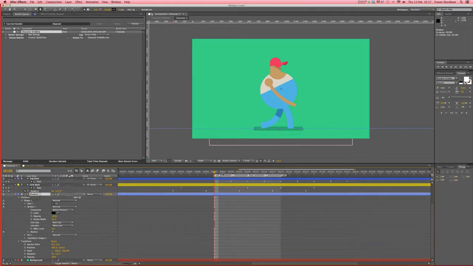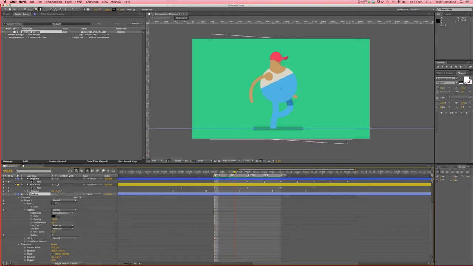Now, you'll notice when we play back that as the guy's legs move, he bobs up and down. The shadow should probably change in shape. So what we're going to do when he's higher is make the shadow smaller, then when he's lower and more spread out, we're going to keep it wide. And the way we're going to do this, we're going to keyframe it very simply. We're going to go into our path layer inside the shadow,